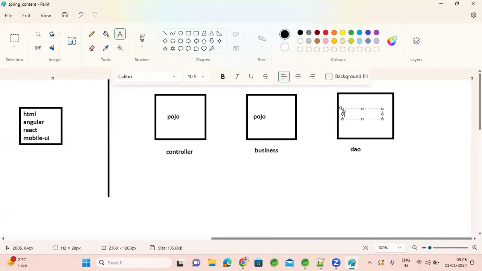POJO means a simple Java class. Plain Old Java Object, plain Java class in other terms.